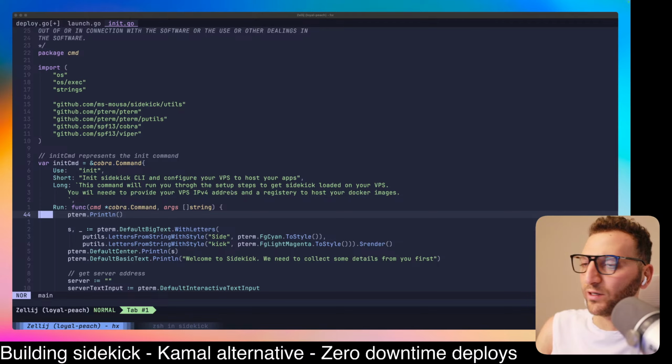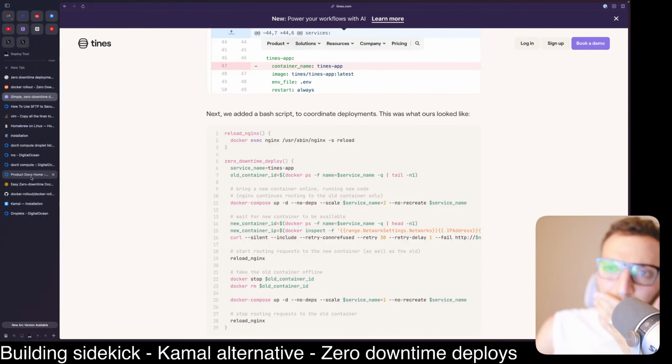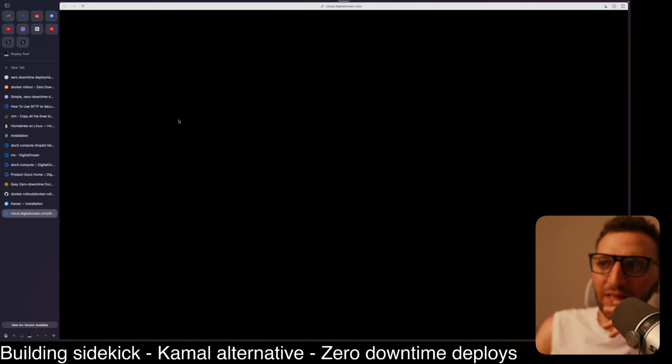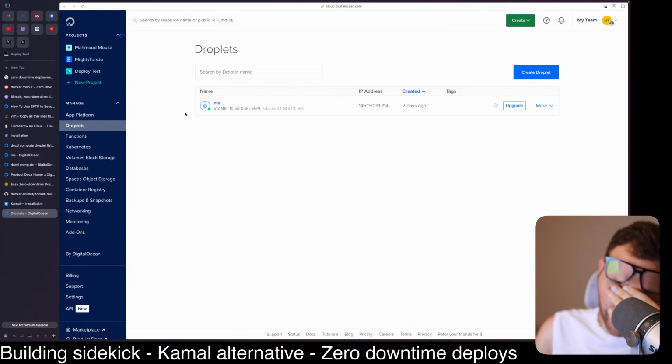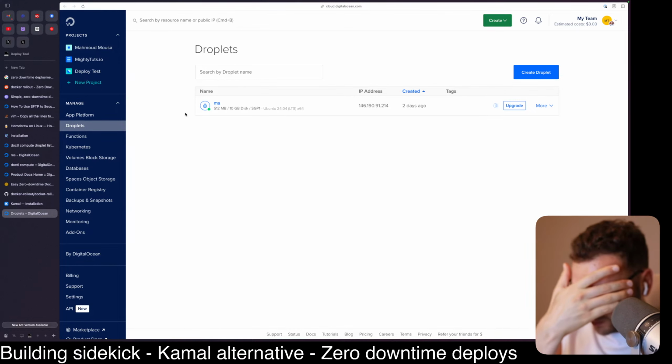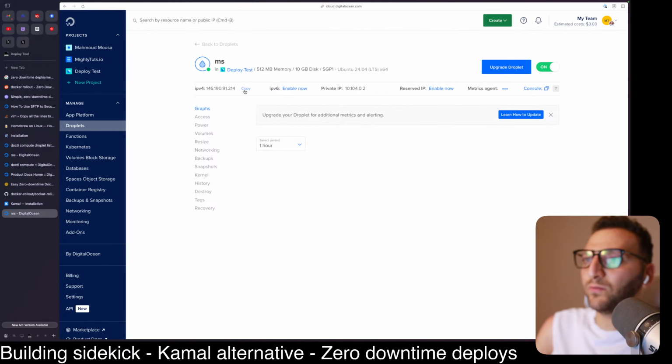Let's go. All right. So now we are going to continue working on Sidekick deploys. And the idea is that today I want to work on downtime deployment. So the idea, it's actually not that complicated. The idea is that